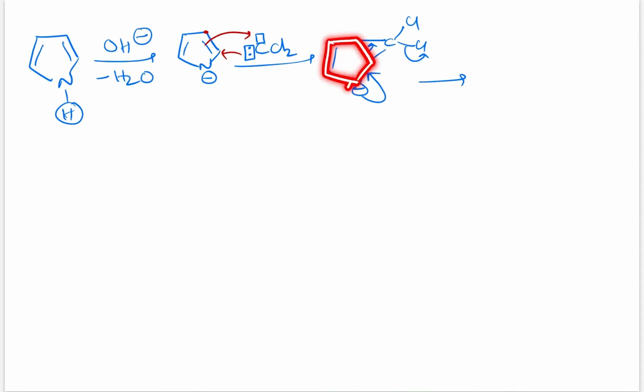Now this is the ring, and afterwards this will be the ring. So you are getting 1, 2, 3, 4, 5, 6. 6 atoms are present in the ring. So a 6-membered ring will be formed here along with chlorine at the third position. This is the mechanism for formation of the third product.